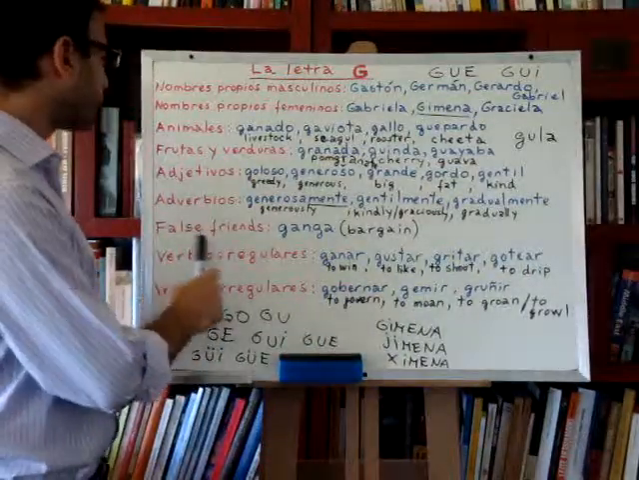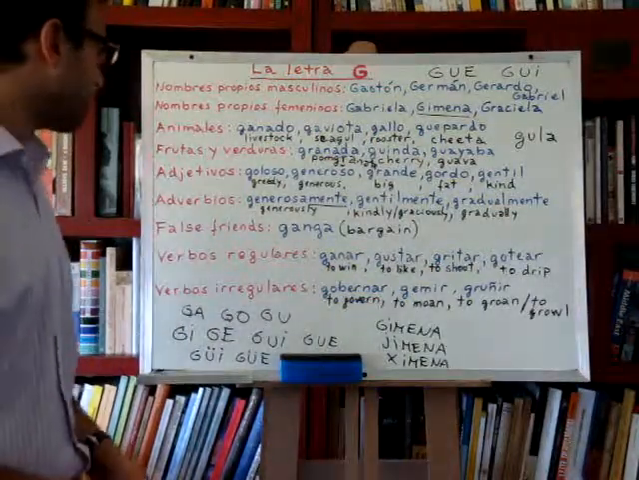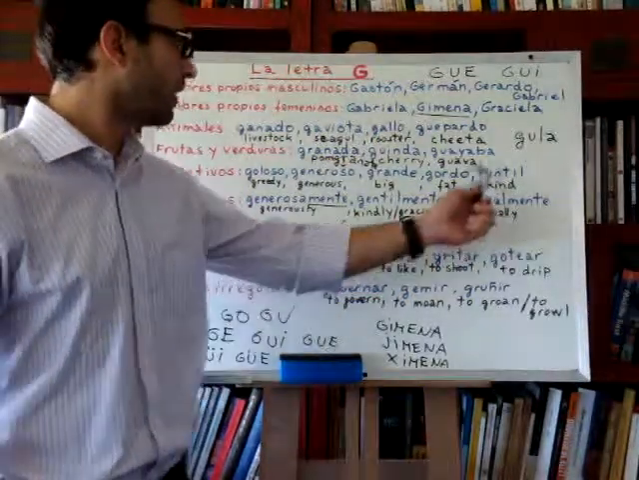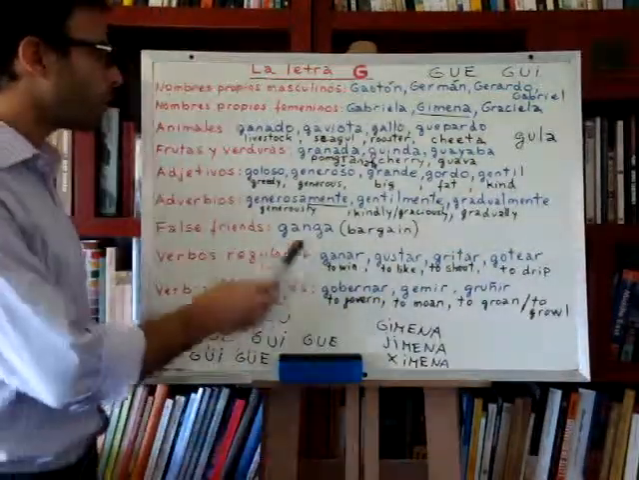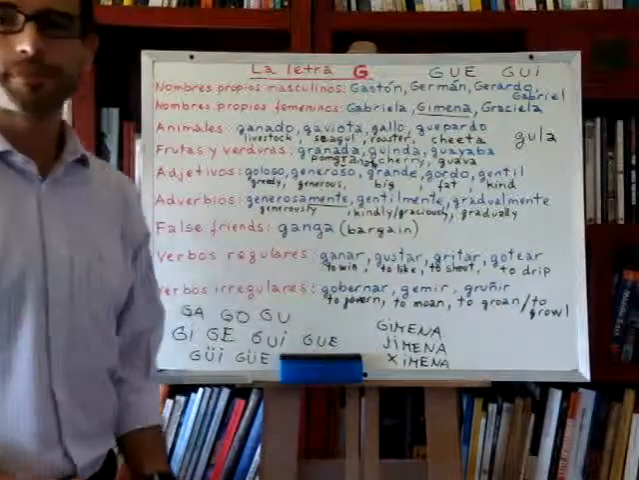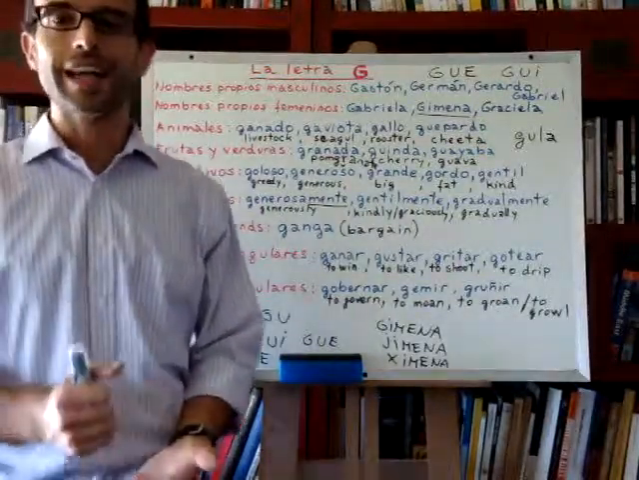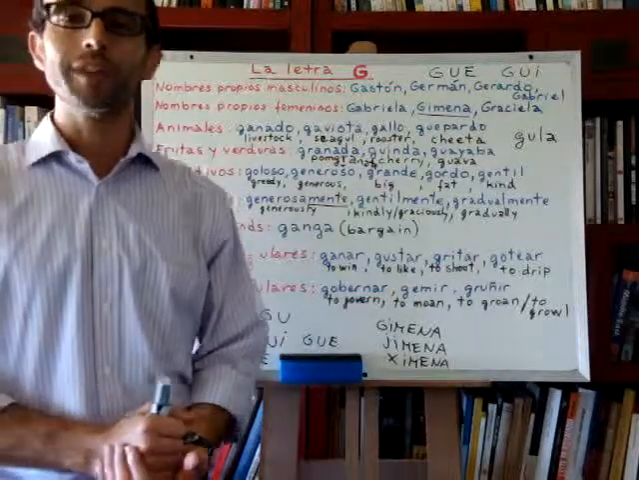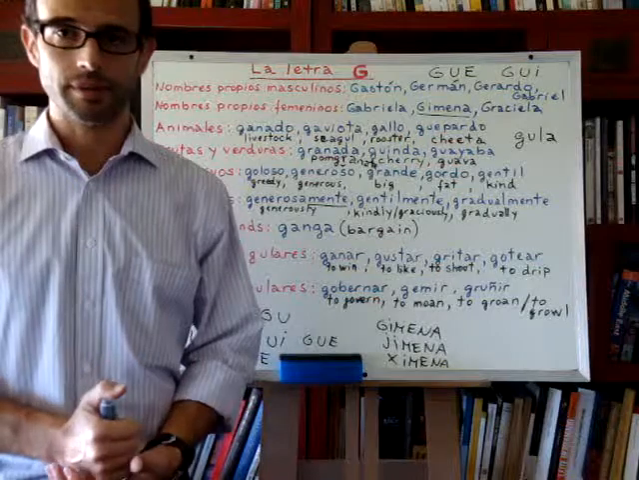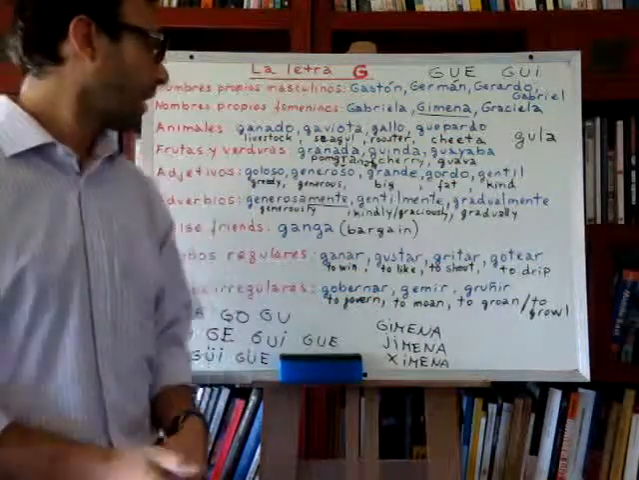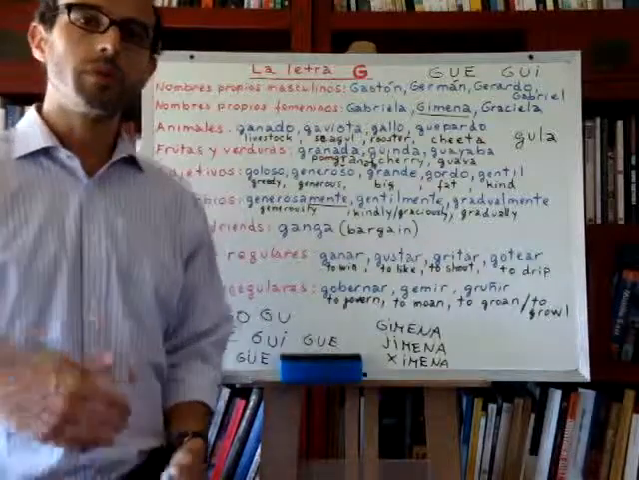Now let's see some false friends. False friends that begin with the letter G. Well, of course, gentil can be considered a false friend, right? And we have another one here, the word ganga. Ganga looks like the word gang in English, right? But the word gang in Spanish is pandilla, right? Actually, ganga means bargain. So when we go to the market